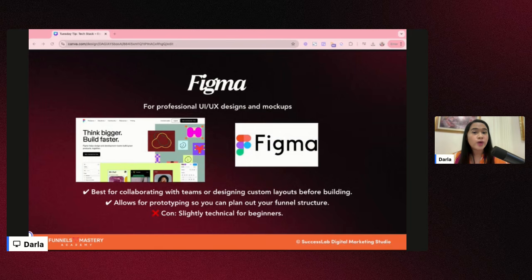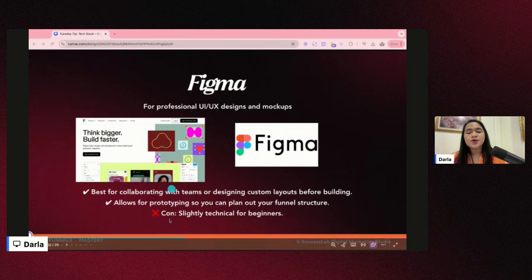This is what UI UX professionals are using kasi napaka-collaborative and napaka-dali niyang gamitin, especially when you are building websites, funnels, and also planning out customer experience. So this is best for collaborating with teams. Yes, I forgot to mention that it is really best.